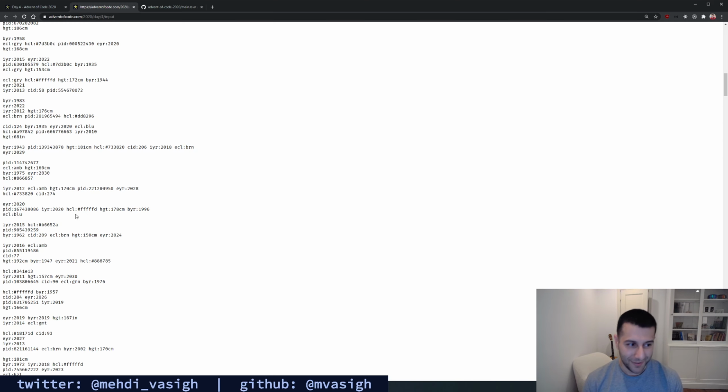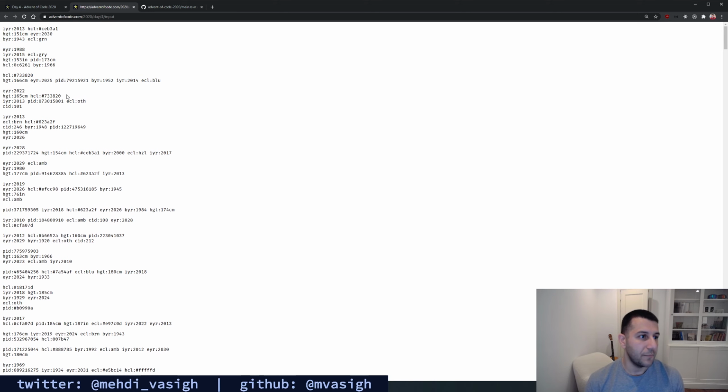Now, one thing I would love to do if I wanted to spend the time on it would be to write a custom iterator over this. That would basically, each iteration would yield one full passport with all the line breaks taken out and replaced by white spaces so that it's on one line. That would make it simpler for us to split the thing and rearrange it and all that kind of stuff. So I don't know if we're going to write a custom iterator, but we're just going to